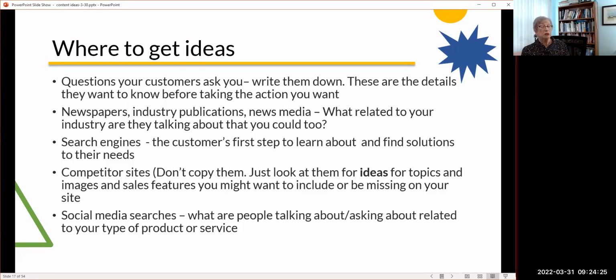And the TV. What is of concern to people right now? How does that apply to your industry? What can you do with that to turn it into content? For instance, recently Newsday had a big feature on people who were being forced into early retirement because of COVID and being laid off. So if you had a career site, you could turn that into an article on maybe how to prepare for a Zoom interview, what skills you might need to update to be ready for a new job.